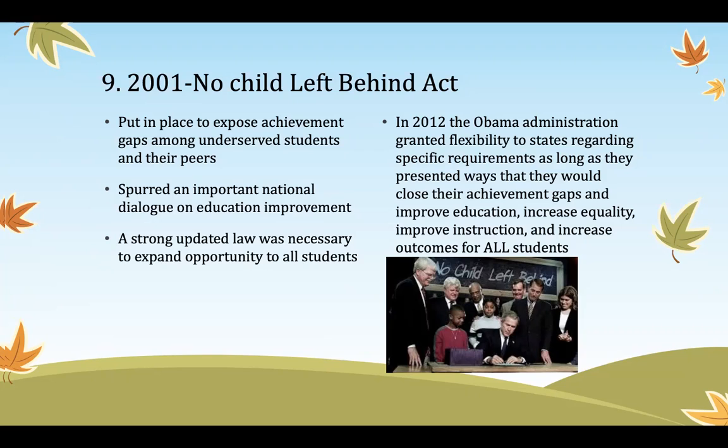So pretty much the No Child Left Behind Act was supposed to help improve achievement and improve education and all those things. And from my understanding, it helped, but Obama, when he came into office, felt like he could do better. So he started giving states their own opportunities to do things as long as they were proving that they were able to take the reins and do that for their state. I think that this one helped a lot because it just put a giant umbrella over everyone saying, we want equal education for all students in the country and to help a child no matter what get to where they need to be.